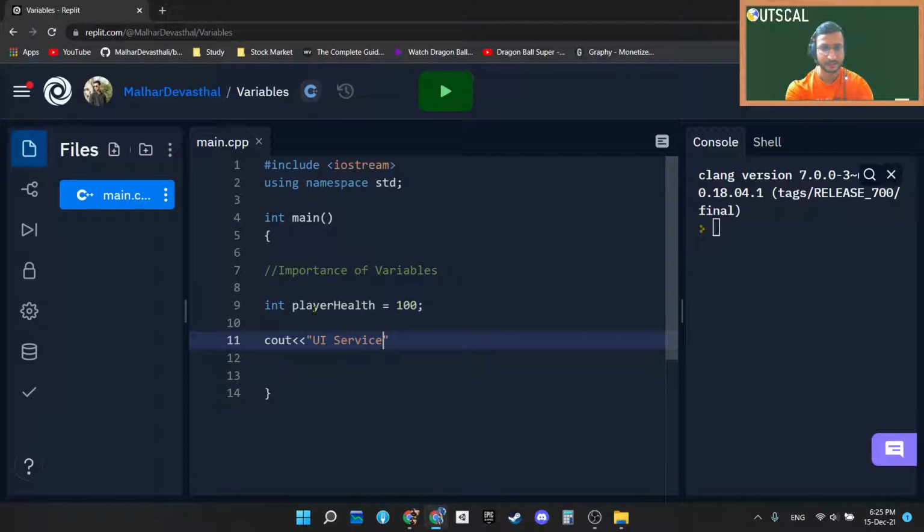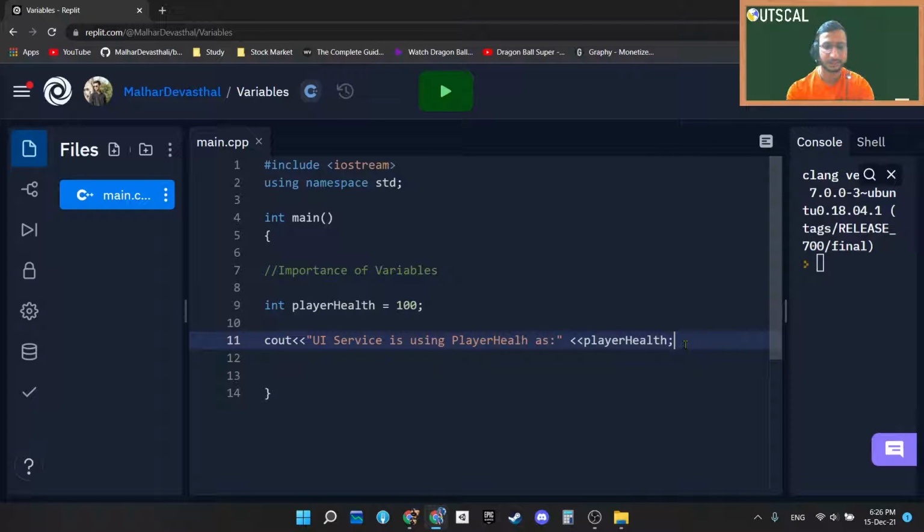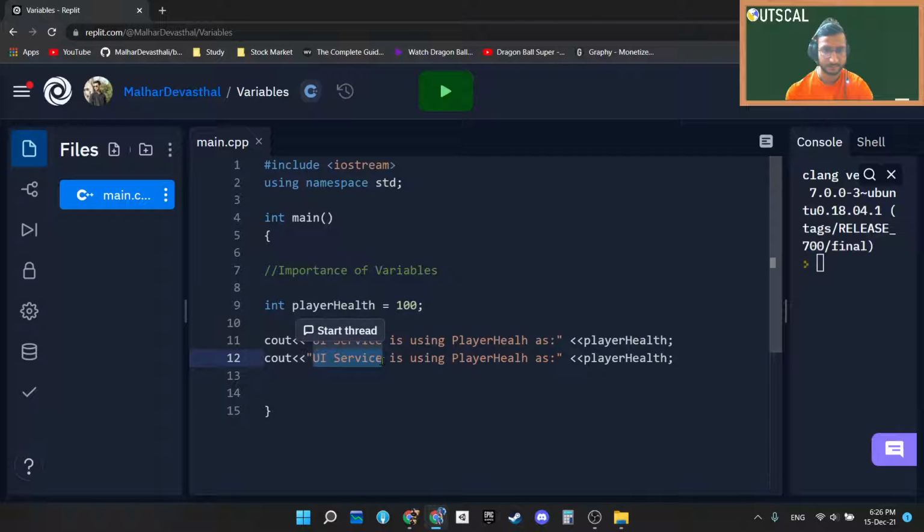UI service is using player health as player health. Okay, I will just expand it a bit. Just like that, I'm copy pasting this line. Just like UI service, enemy can also be accessing it, right? So suppose enemy might be accessing it.